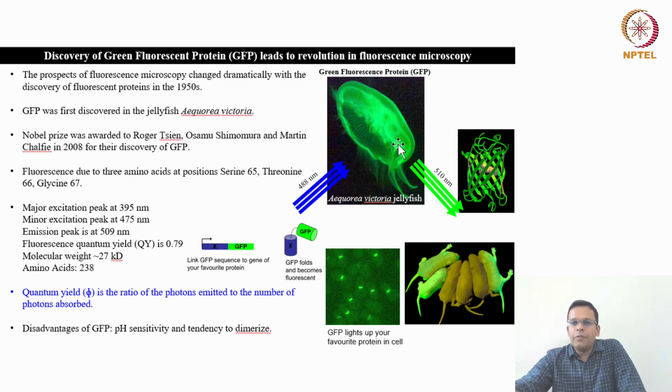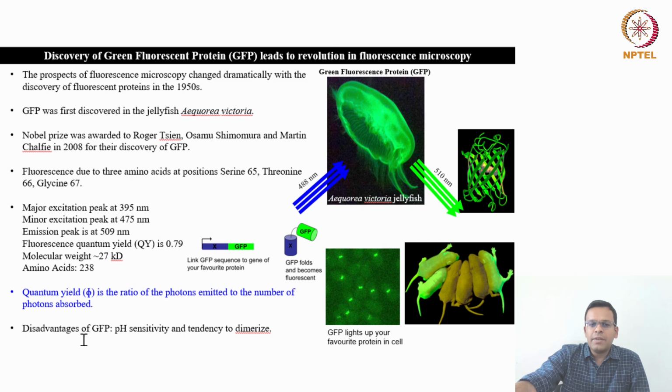If you fuse this GFP to any of your protein of interest, you can see inside the live cell, wherever your protein will go, the GFP will follow. Here you can see some specific labeling of some intracellular structures or proteins by the use of GFP. Even in entire animals such as mice, you can fluorescently label some proteins, and when you illuminate them under UV light or 488 nanometer, you can see the entire mouse gives green color fluorescence. So this discovery of green fluorescent proteins made it possible to visualize the intracellular structures and dynamics using fluorescence microscopy.